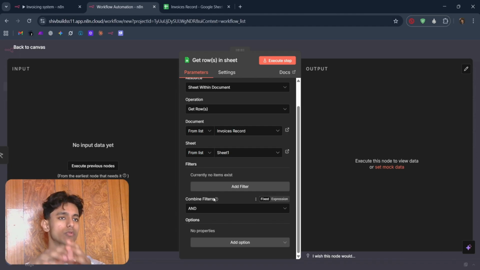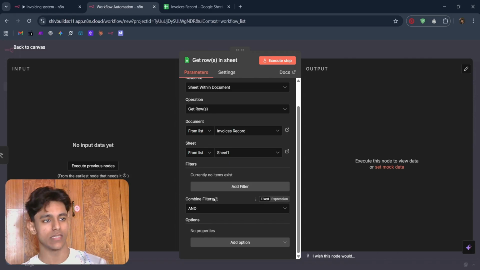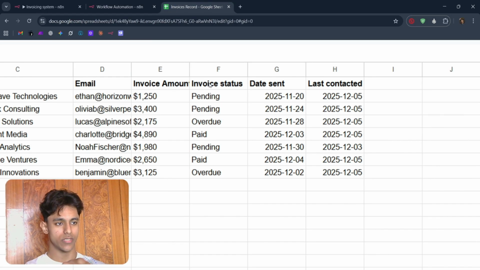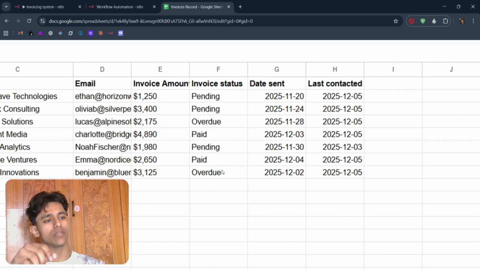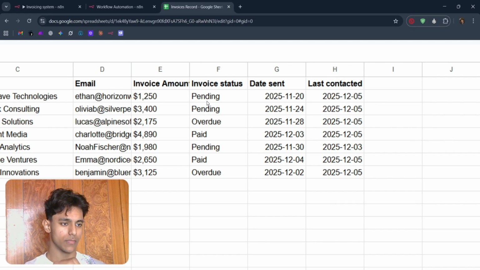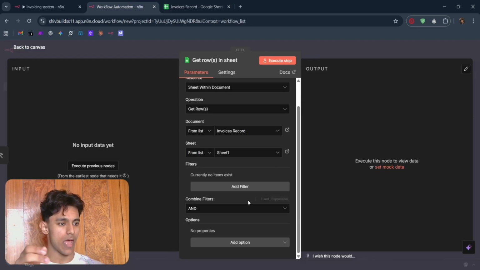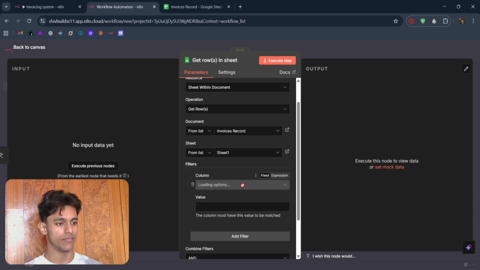Now, because we're using this automation only to send follow-ups for the invoices that still need to be paid, we'll put in a filter on this invoice status column. We don't want these paid invoices, or these prospects who have already paid us. So we'll put in a filter that filters out these paid ones and only takes in the overdue and the pending invoices. Okay, so here we just click on add filter,